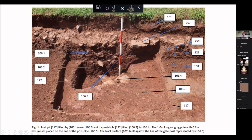And we found lots and lots of pottery, big, chunky, coarse pieces of pottery in this. And when the pottery report came back, he said this is Dressel, or it's amphora from Spain. So perhaps for wine, or perhaps for fish sauce. So if we were looking for an entrance, then this could be one of the post pits, which would have had the gateway structure to carry the walkway over the top of it, as we see in many other Roman forts. So this was encouraging,